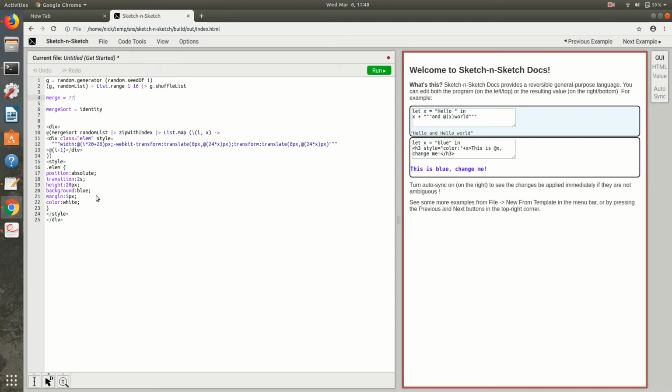In this demo, I will show how we can use structure edits to build a program from scratch. Structure edits directly manipulate the abstract syntax tree, or AST, allowing us to develop quickly without the risk of introducing syntax errors. Most editors only permit conventional text editing along with a specific set of refactoring tools. But Sketch-n-Sketch also supports general-purpose structure editing commands that allow the developer to build a program from scratch